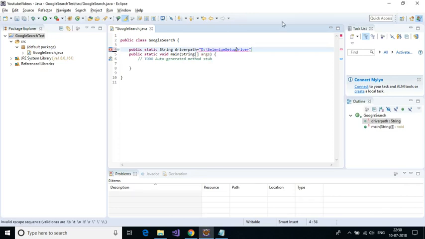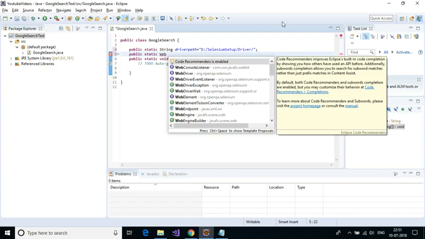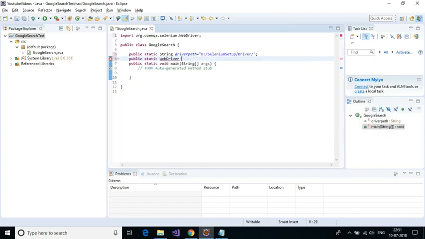So please ensure that it is forward slash rather than a backward slash. Okay, at the end also I will give a forward slash. Okay, after this I need to define an object of WebDriver also. So to do that, I will also have WebDriver